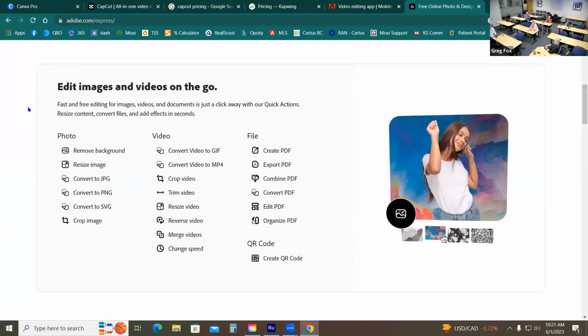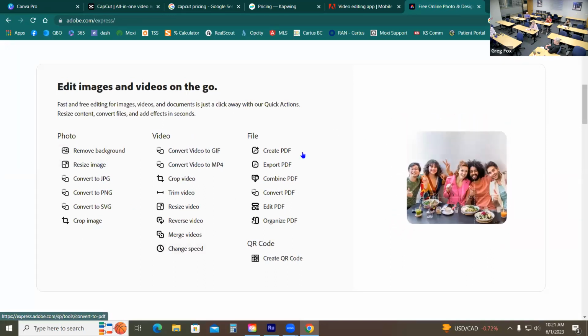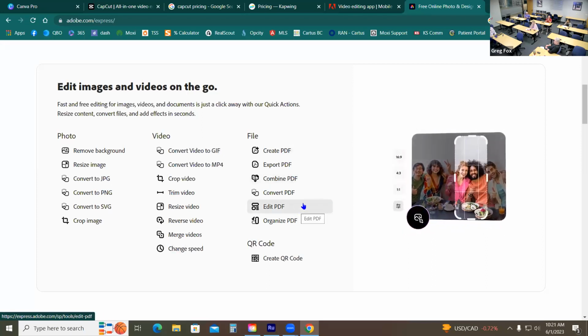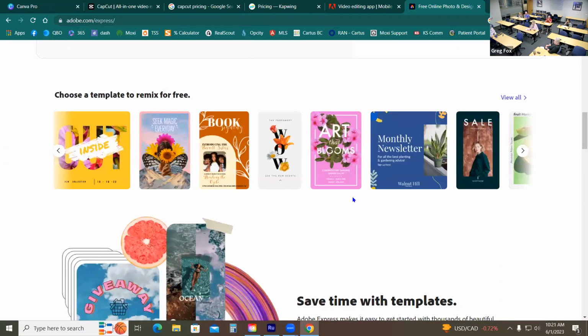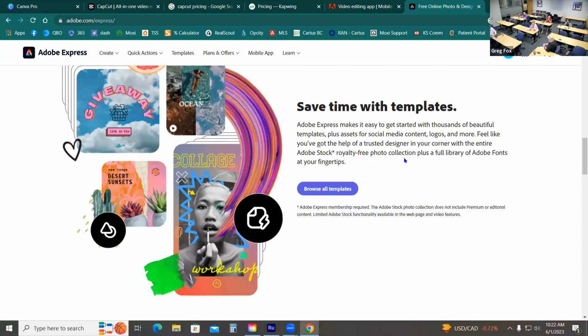Adobe Express in general is a full photo editor, full video editor, and does all your PDF stuff. So Adobe Acrobat, you can split them, you can export them and that kind of thing, and a QR code. They have a lot of templates in there. So in essence, this is almost a Canva type product, but it's specific to PDFs and Adobe and formats that are used professionally. So I went ahead and used this for what I'm going to demo you today. If I was going to spend money,